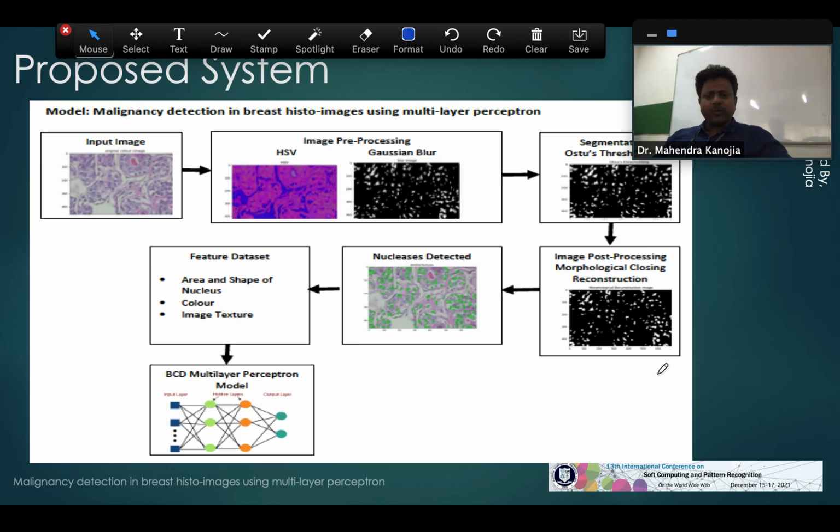This is the final summary of the model, how the model has been built up. These steps have already been discussed: the input image, the pre-processing techniques with HSV and Gaussian blur, and the segmentation, that is our OS2 segmentation.